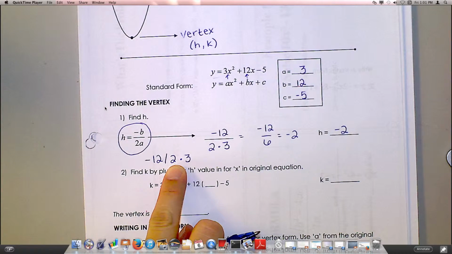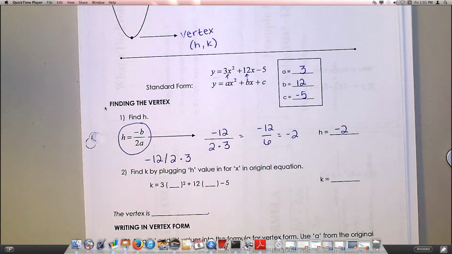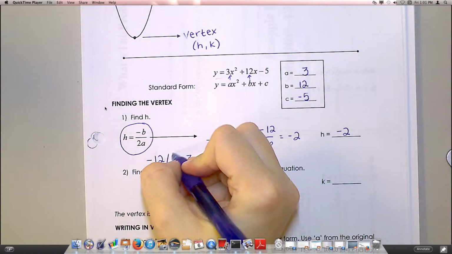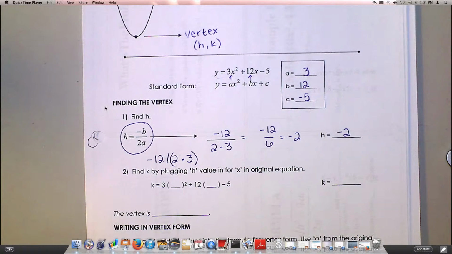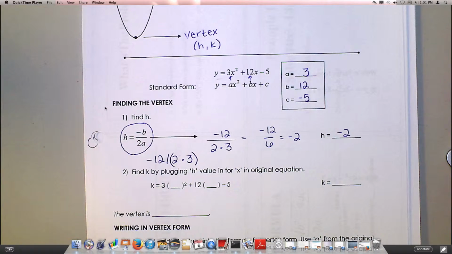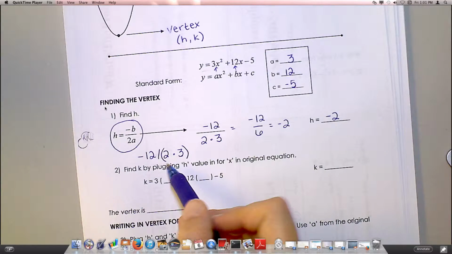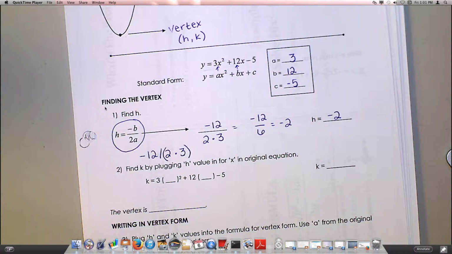Here I want to tell my calculator that 2 times 3 needs to stay together. So I'm going to put parentheses around the 2 times 3 when I put it into a calculator. So this would be negative 12 divided by, and then 2 times 3 in parentheses gives you,